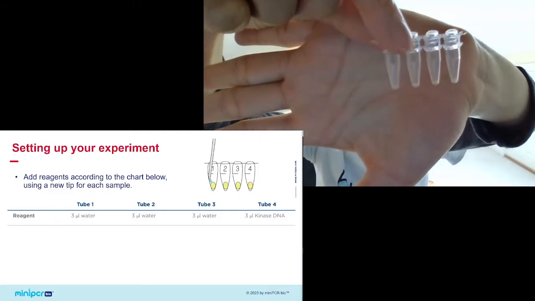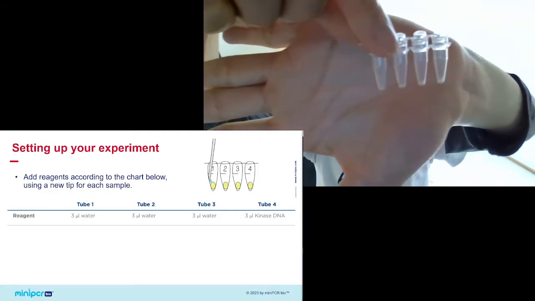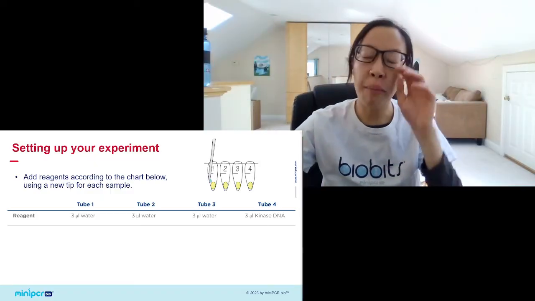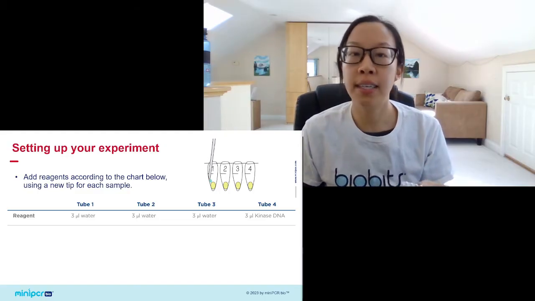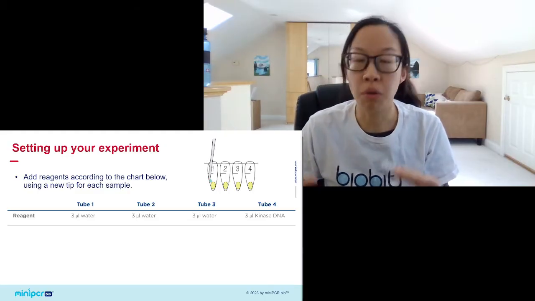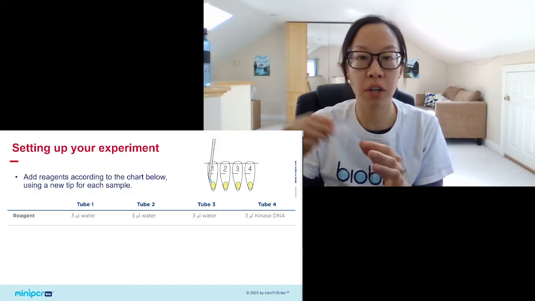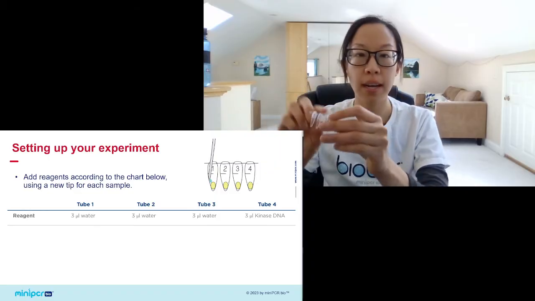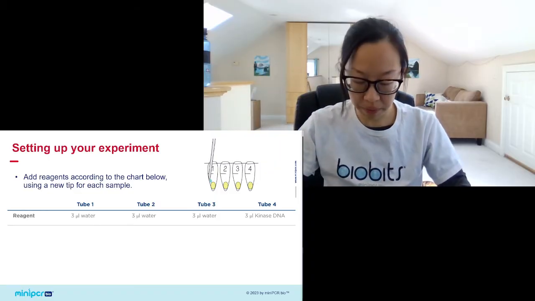I don't know if it's showing up on camera very well, but I promise you that there are 4 little pellets sitting at the bottom of my tubes. Those are the BioBits pellets that contain the ribosomes that we're going to be targeting, and the rest of the molecular machinery that we're going to use today to make the red fluorescent protein. All right, so all I'm going to do is open these tubes,